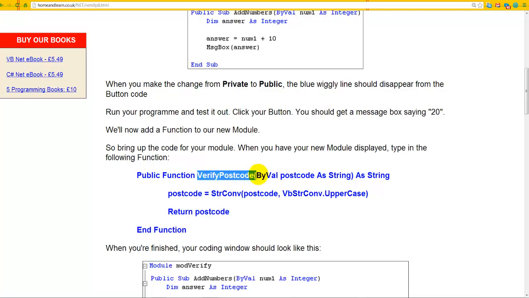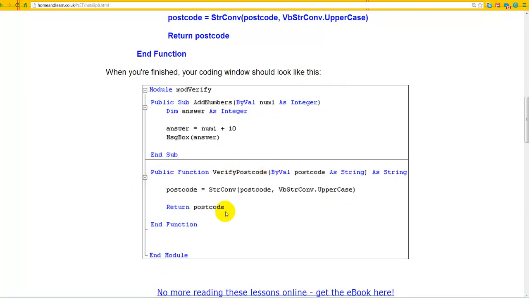So remember that if we write this function now somewhere in our code, remember we're just defining it here, we haven't used it, but if we use it and we write it somewhere in our code, then first of all, since it's in the module, not in the class definition, it needs to be public, but it is. So if we write it somewhere in our class, then what will be returned is this. And what will have been input, well, we're going to take whatever is input and we're going to return it with capital letters. So we have the code here, the function here, which is in mod verify, and then